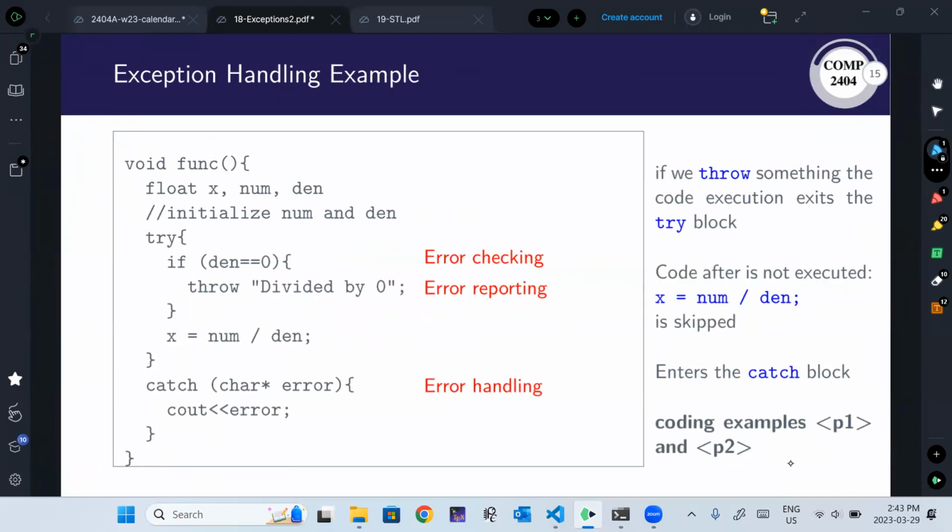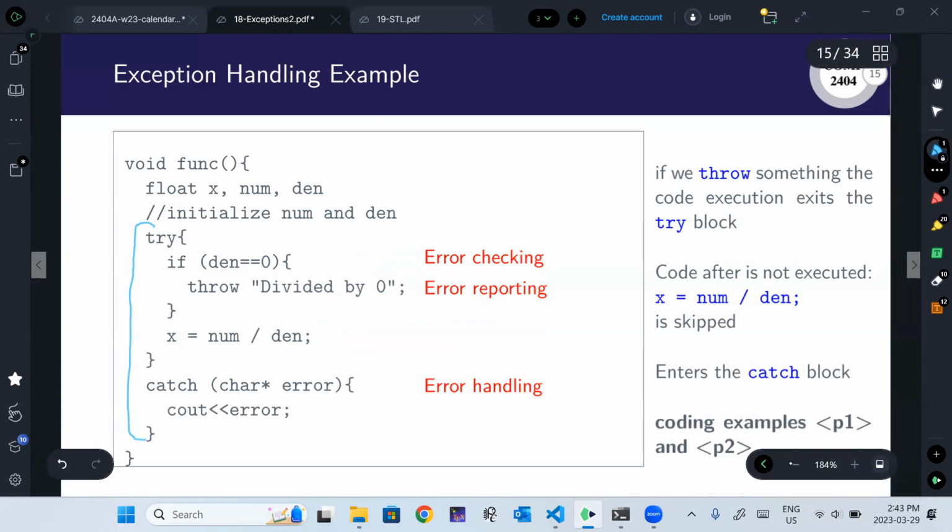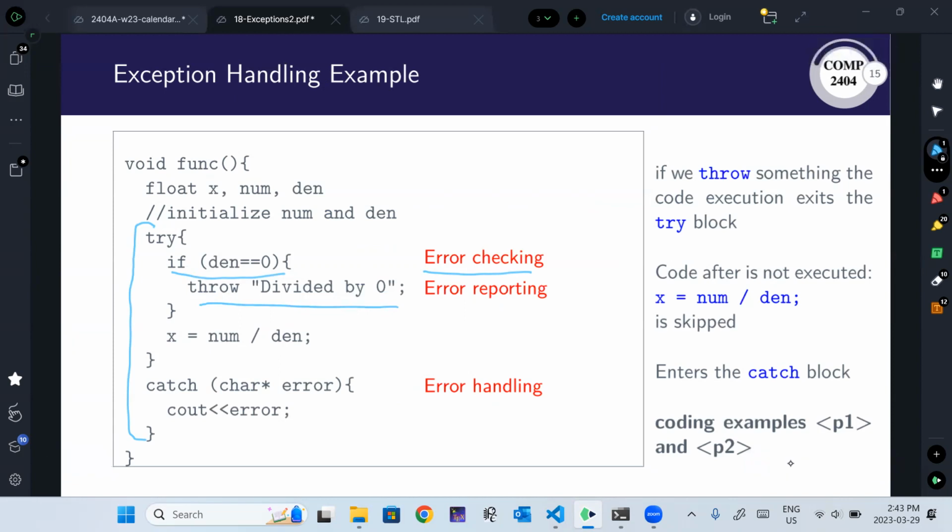All right. So throwing and handling exceptions uses the try, throw, catch blocks, right? That's pretty standard. Here we have an example. Inside the try block, we do some error checking. If we find an error, we report the error by throwing, in this case, a constant character array.